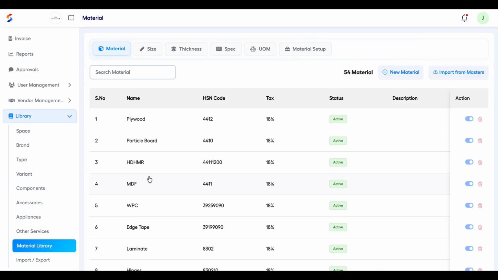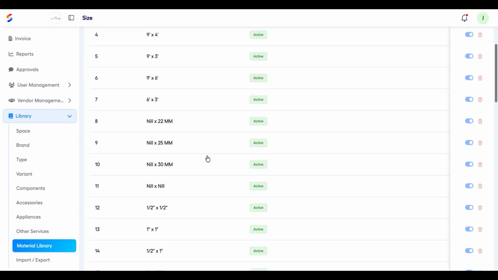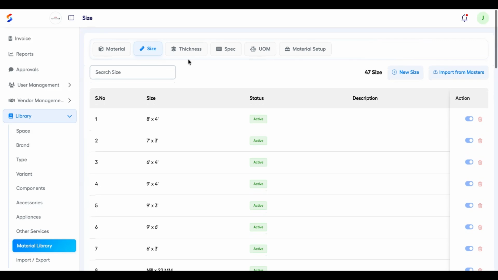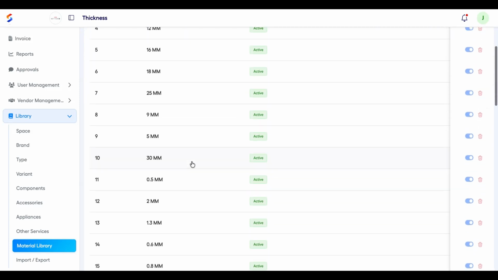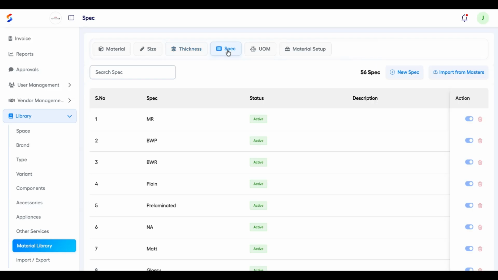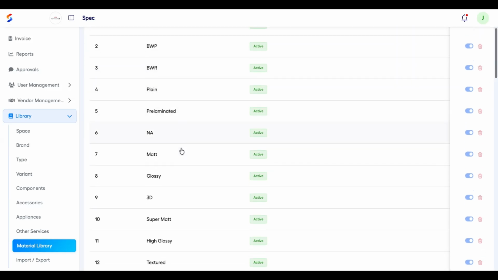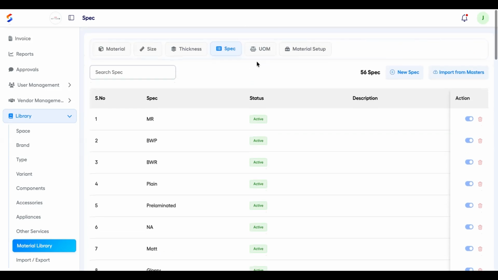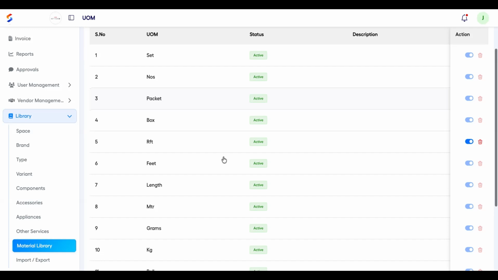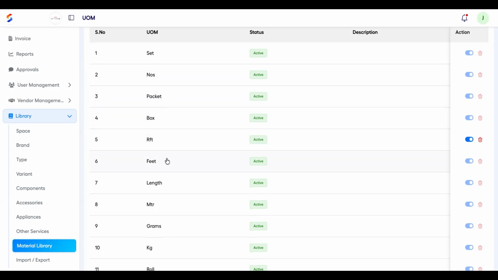The material library is either preloaded from masters. You can import from the masters the entire materials, all the materials with the HSN code and tags and all, the sizes, the different sizes that are available for your materials, the thicknesses that are available for each material, the specification, either MR, BWP, plain, pre-laminated, any kind of specification, and the unit of measurement, either set, numbers, sheets, box,